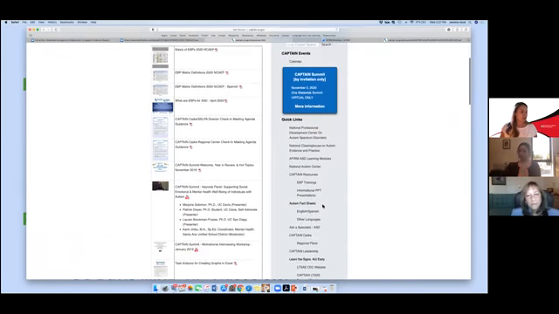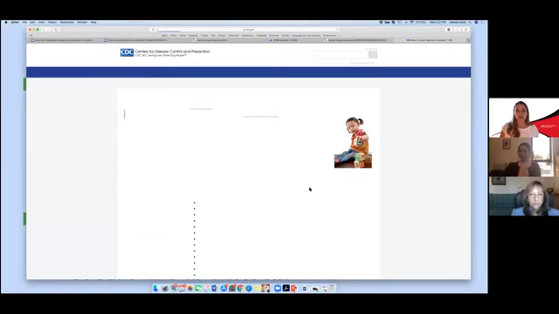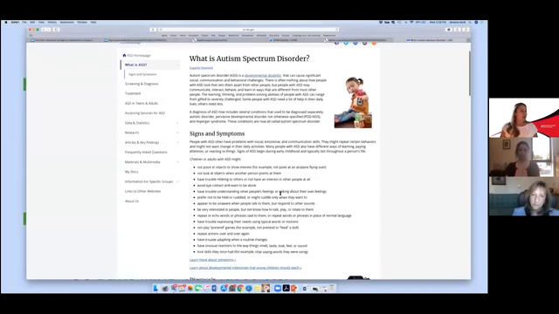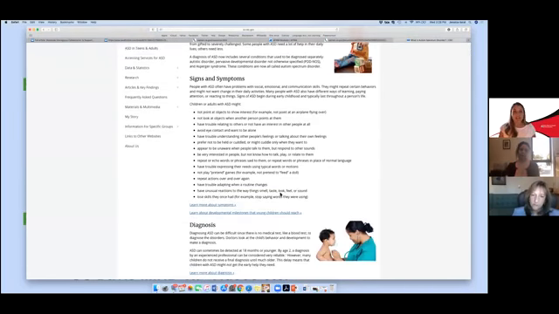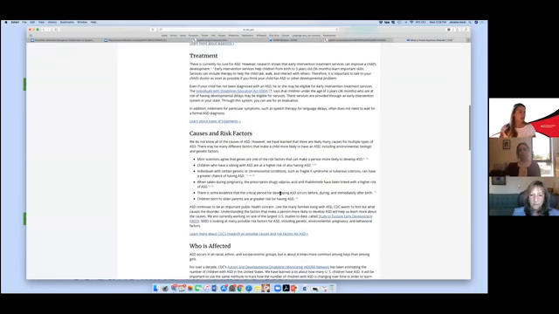I'd also like to show you these autism fact sheets. This gives an overview of autism for someone who's not very familiar with the criteria for diagnosis of autism, some of the accompanying needs, and basic resources. One of the really special things about these fact sheets is that they're available in many different languages. So you can see here in the English fact sheet, there's an overview of signs and symptoms, treatment, causes and risk